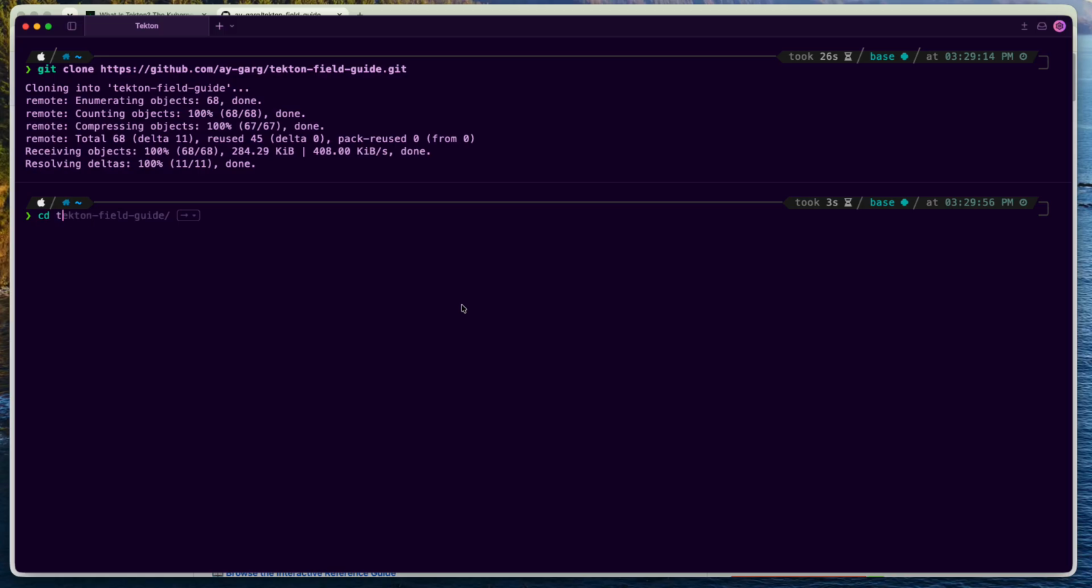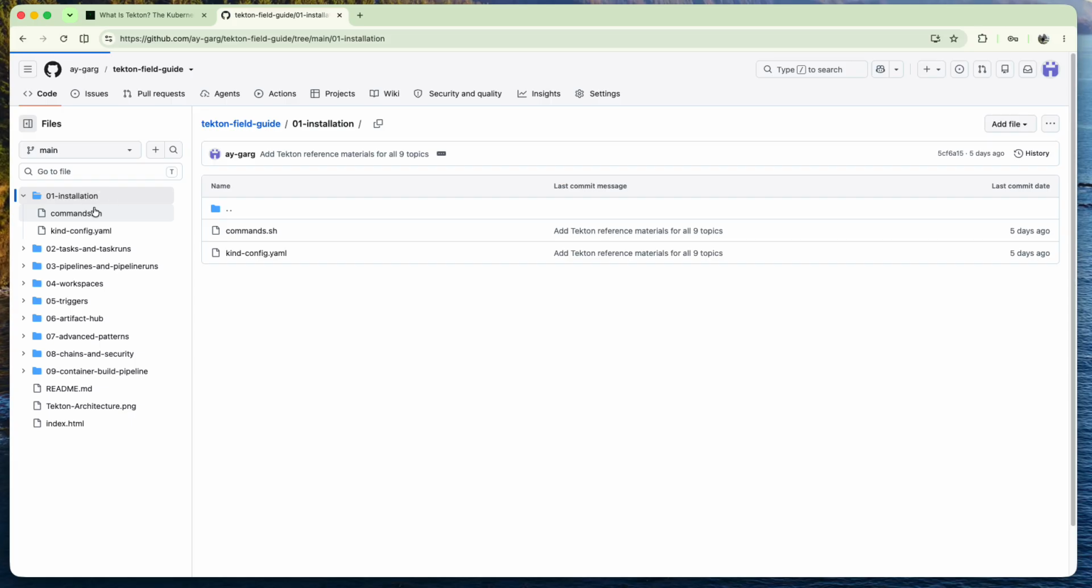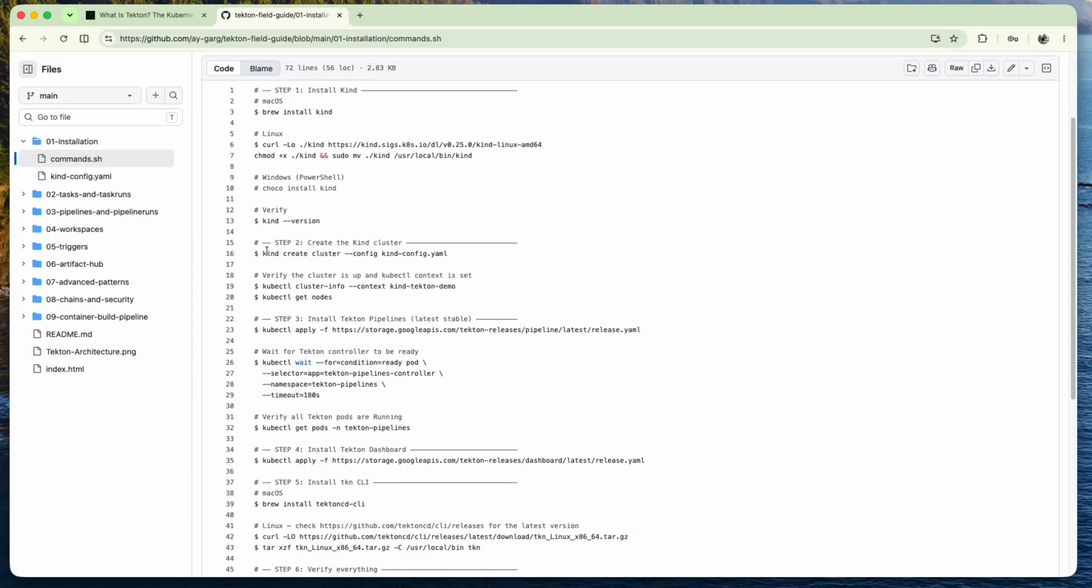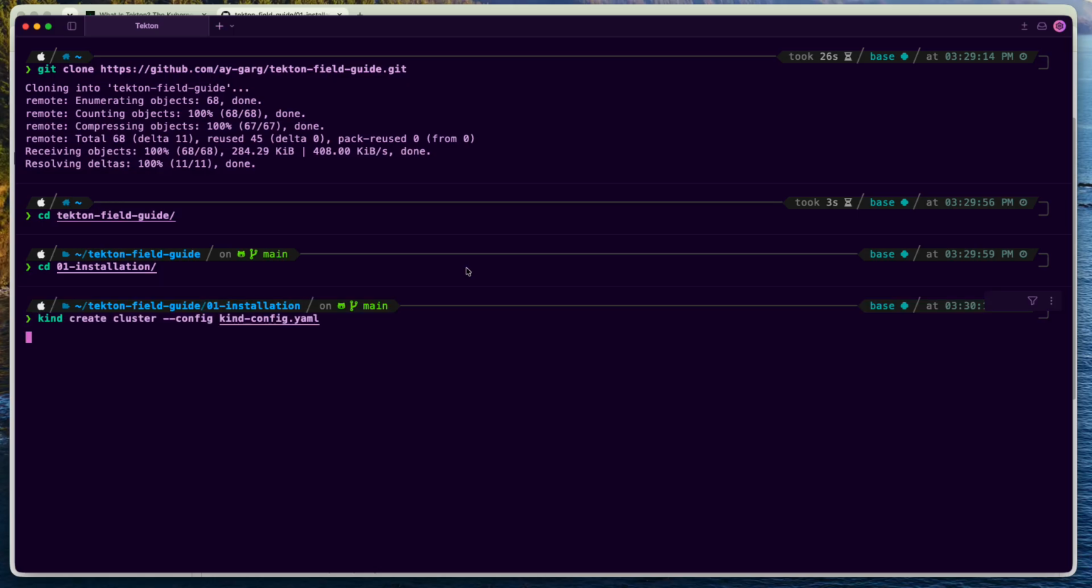Okay, and I will go inside this particular directory, and again going back to the commands, we can just run this particular command: kind create cluster --config with the kind config YAML. So I will go to the first directory and I will just run this command. It's just bringing up a single node Kubernetes cluster,